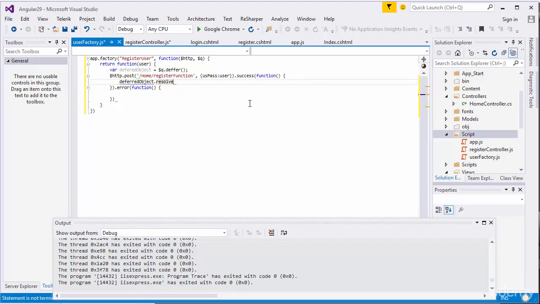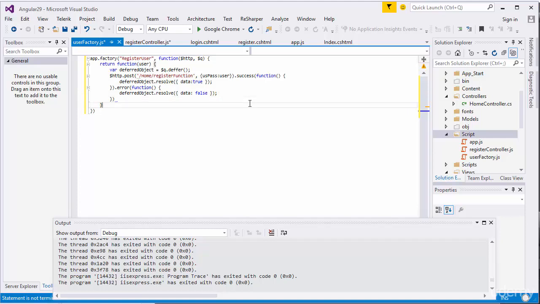Resolve this asynchronous request, and data will be true. This will be true if there's no error in the backend and it processes successfully. If there's any error I'm going to make data false,